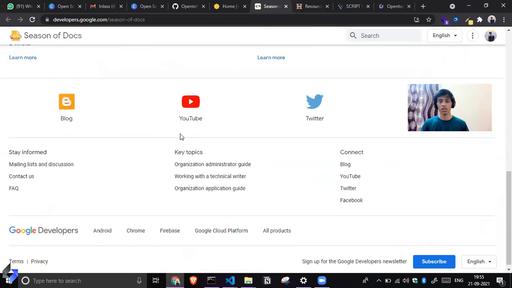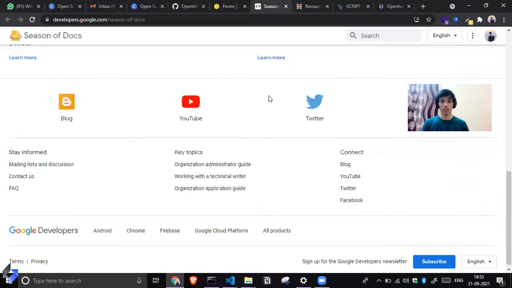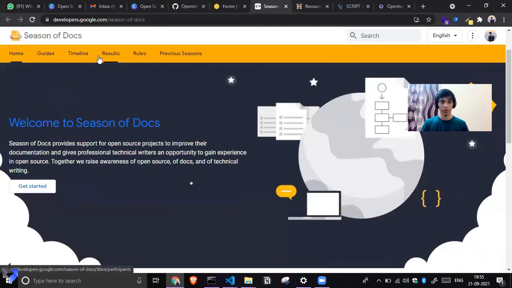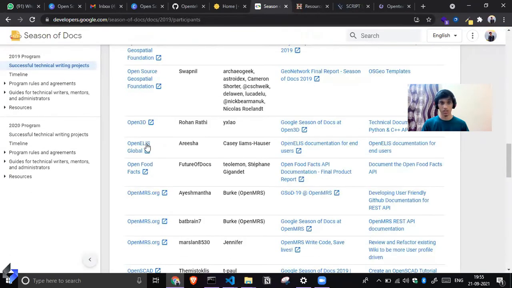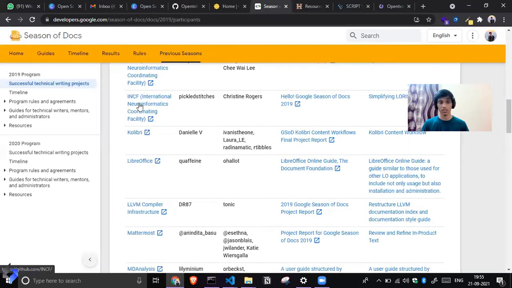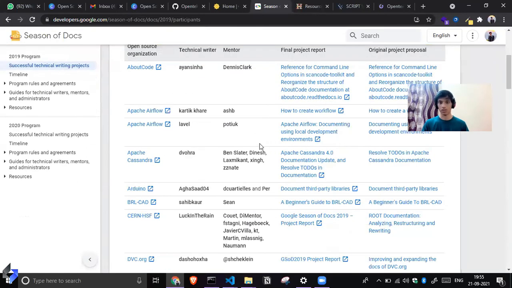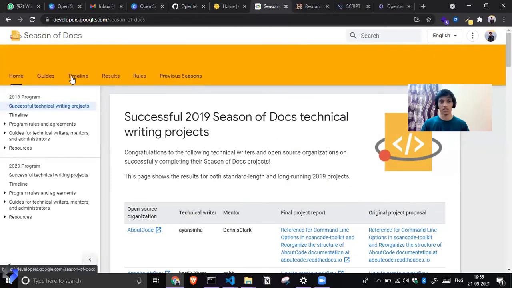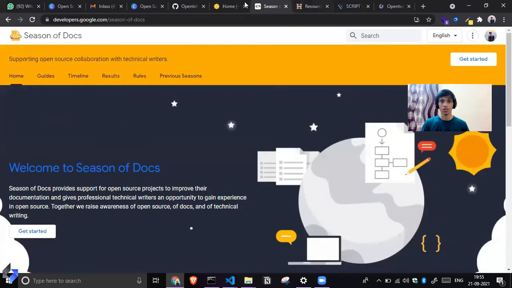Similarly to Summer of Code, we also have various organizations participating here. Similarly, you can view the previous session and you can see all the projects and all the organizations here. You can go to any organization and interact with them, so that they know that this guy is interested, and we can take him or her in the next session. This is how it basically works. All the procedures and how to apply are on this website, so I'm not going to bore you with that. You can just check here.